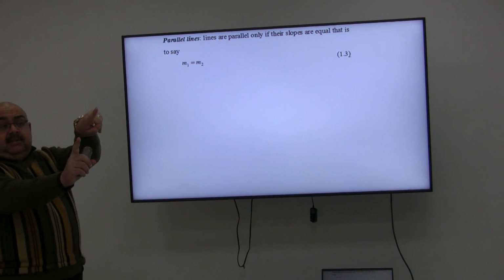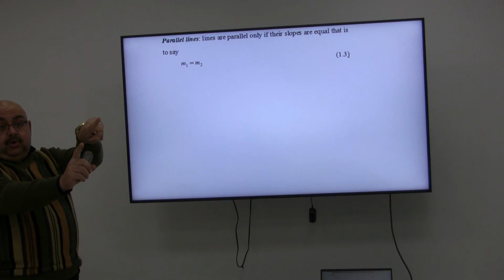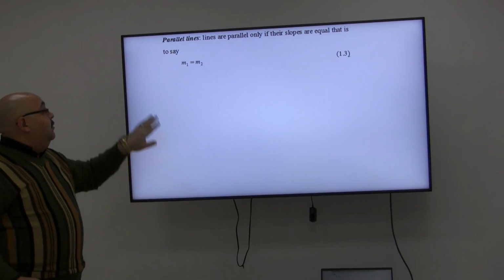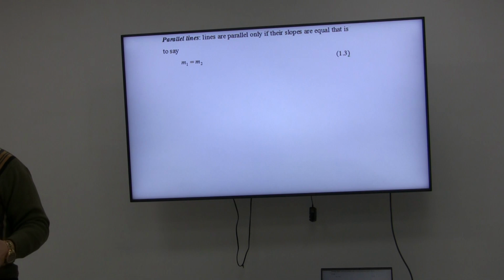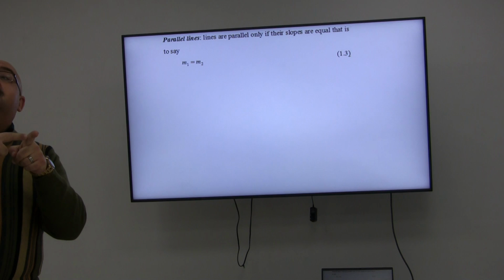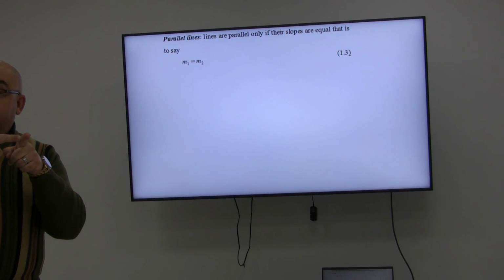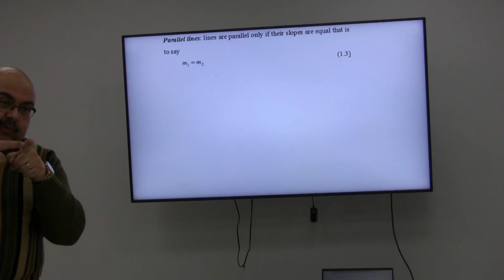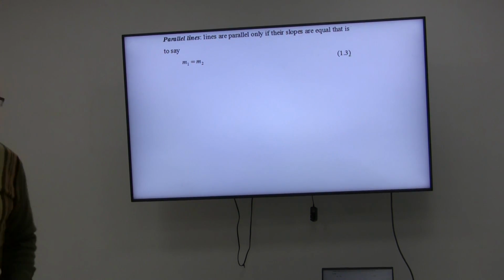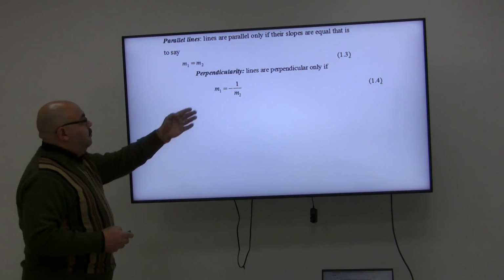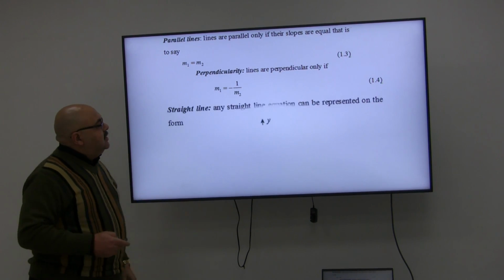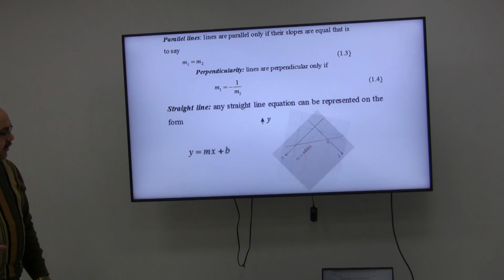If I have 2 lines and they are parallel, their direction ratios are equal. Do you remember from linear algebra? And also here in 2D, their slopes are equal. If I have 2 lines and they are perpendicular, then if you multiply their slopes together, the result will be negative 1. Or one of them is the negative reciprocal of the other. So simply, for 2 lines with 2 slopes, M1 equals negative 1 over M2. That's the condition for 2 perpendicular lines.